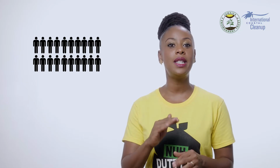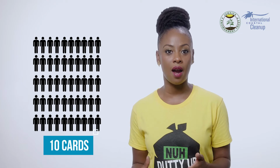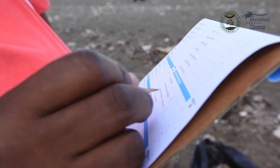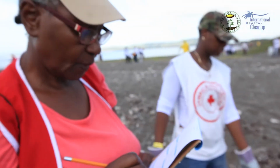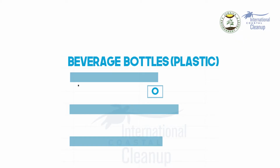Example, if you expect 20 volunteers, you will need about 4 cards. 50 volunteers, about 10 cards, and so on. Each team of 4 to 6 volunteers should have someone recording the data on this card, a data recorder. That's what they're called. Each item of garbage should be recorded on the card by the data recorder using strokes